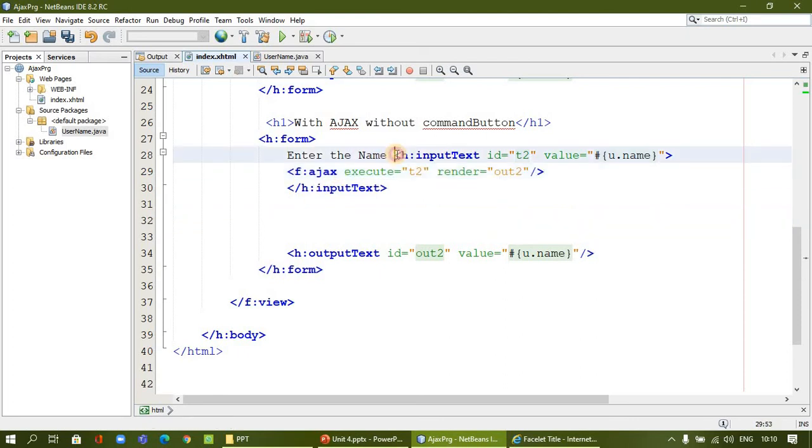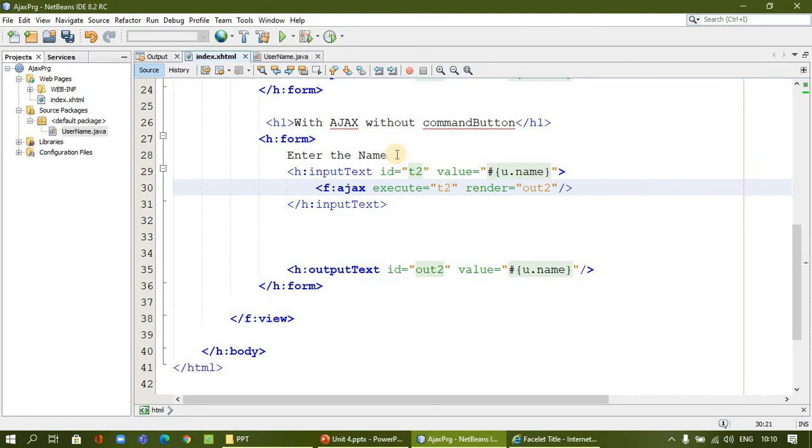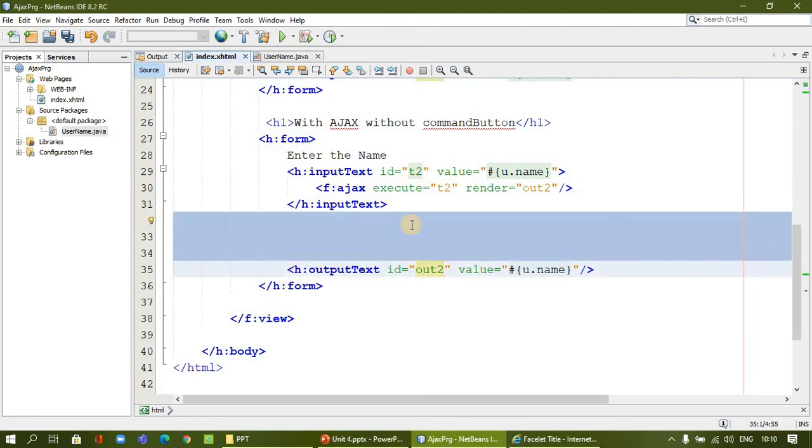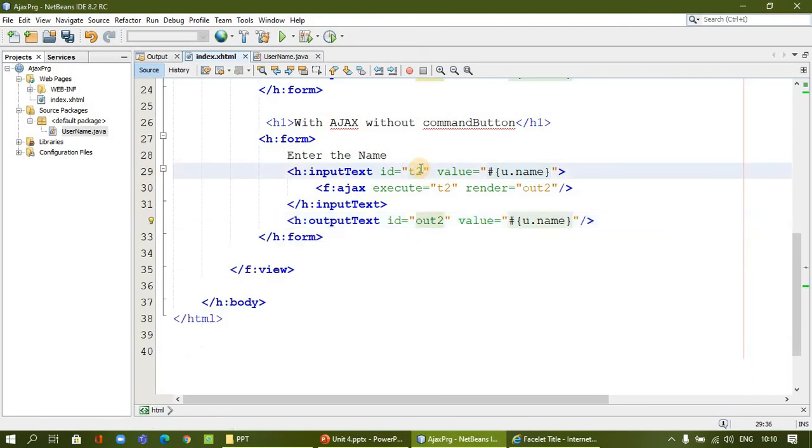Now in the text field, whenever you enter, I am expecting the output to show. So I have to adjust this code here. This can be T3 because we added T2 already, and this can be output 3. Now it should be connected to the Ajax tag, that is, input is T3, output is out3.